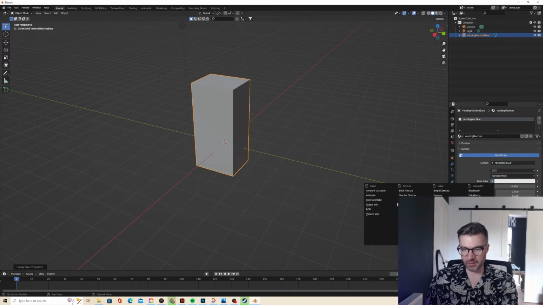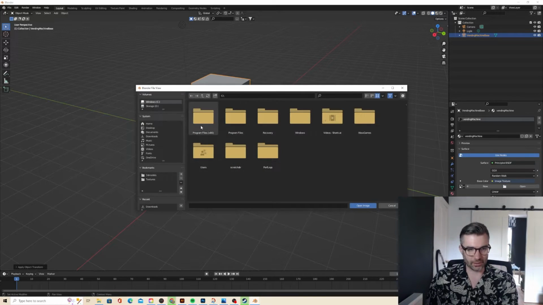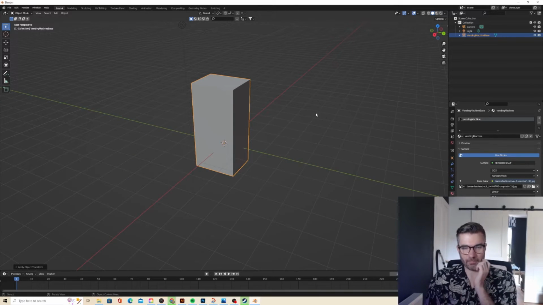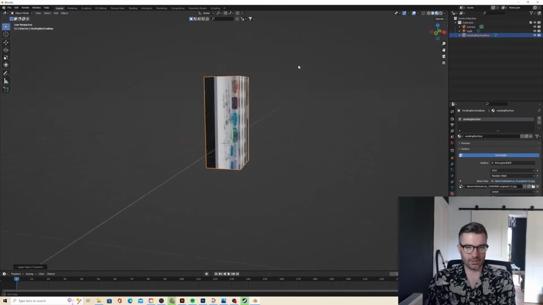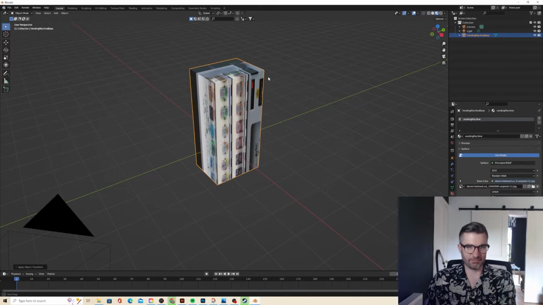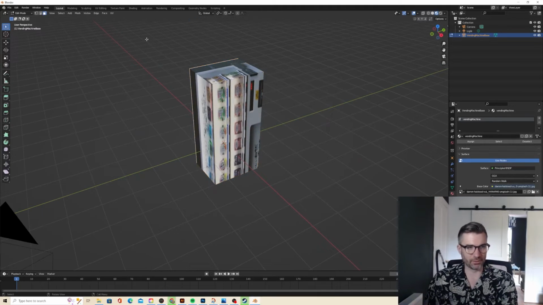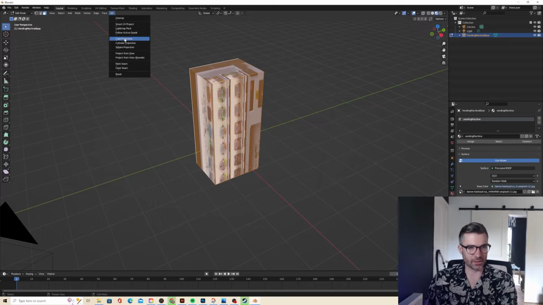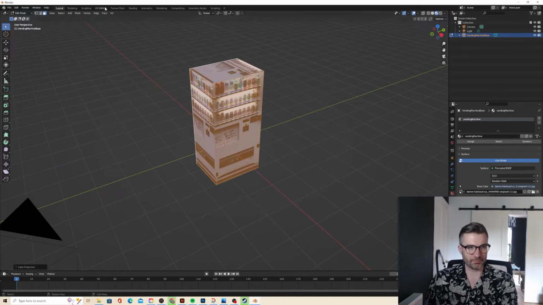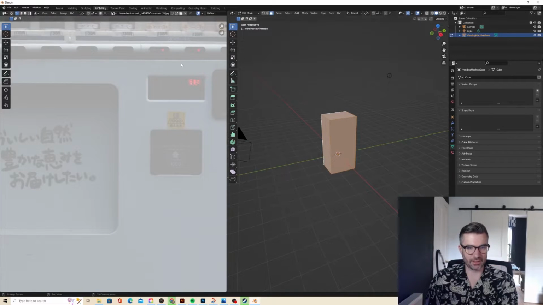So I'm going to bring in an image texture. Okay, so here's the image we're going to use. So if we then switch to viewport shading, yeah, no, it's not working yet. Okay, so we're going to select all faces and then we're going to do a UV unwrap to cube projection. Okay, so we're getting there. So if we go to UV editing mode,